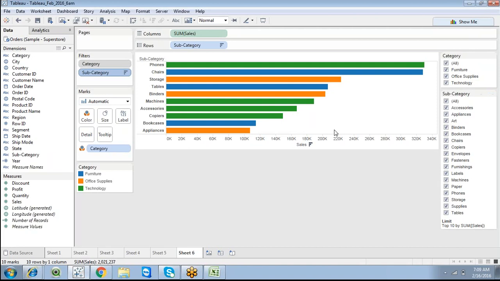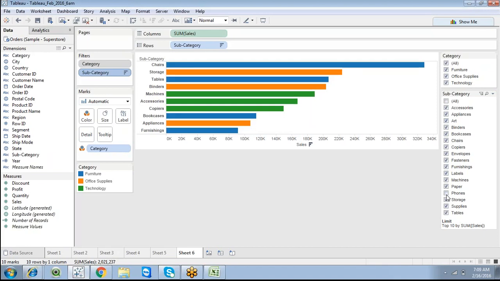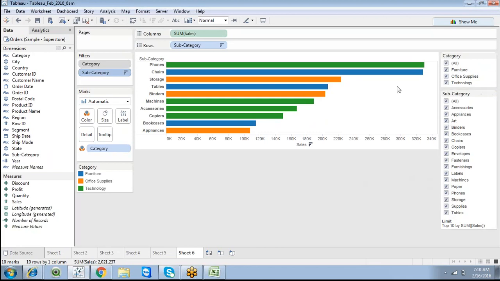Now uncheck phones. Phones, I'm going to list out top 10 records. Now you can see 10 records. So here we have 10 rows. So when I uncheck phones, by default it takes chairs as the first number by value, and you can see top 10 records. So when I unselect one particular point, it has to show 9 records, but my limitation is 10 records. So it takes 10 records. So this is one point. So if you want to list out all the 10 records, you can limit 10 records, but it takes all the records and it is going to calculate still every time.